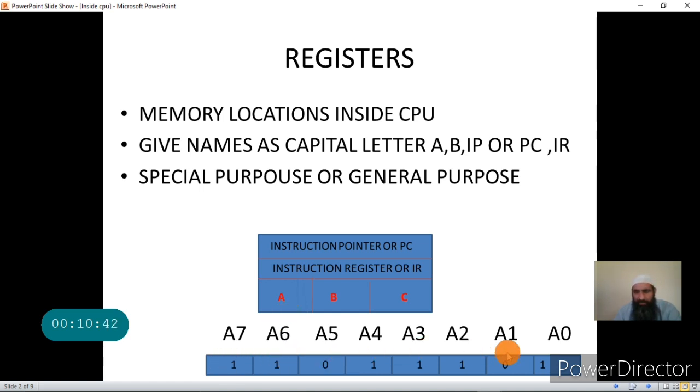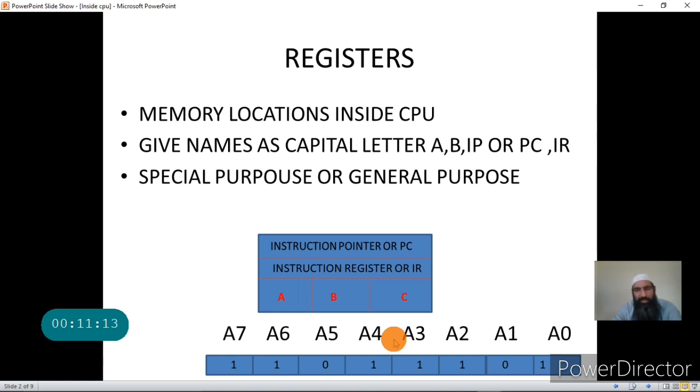Here I have given in the diagram the structure of a register A. It stores 8 bits, and those 8 bits are A0, A1, A2, A3, A4, A5, A6, A7. The name of the register is A, but these are the different bits that are stored in a register.